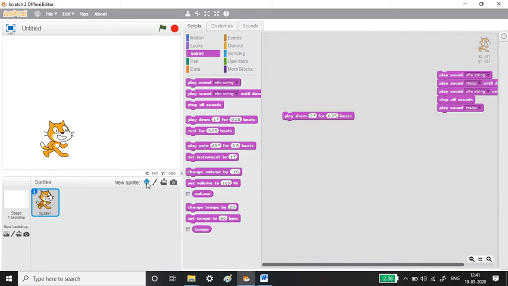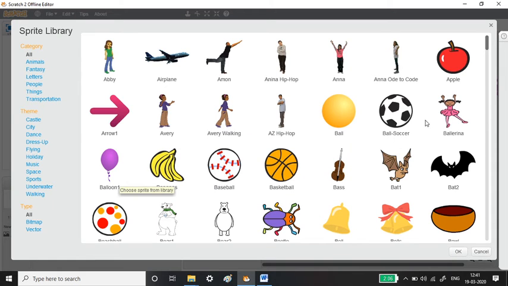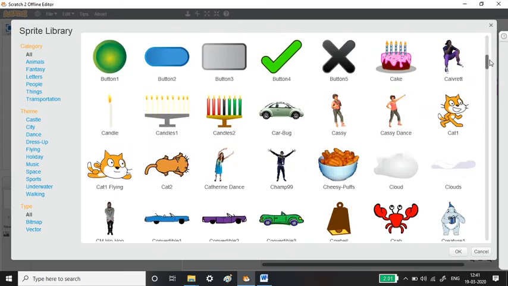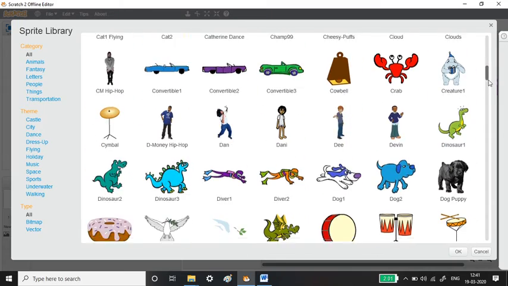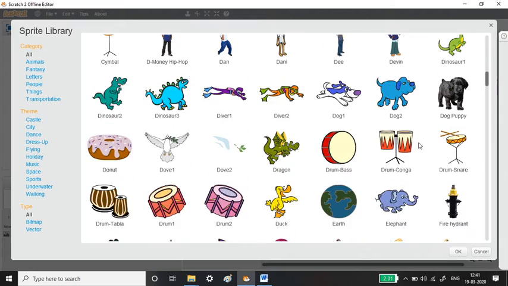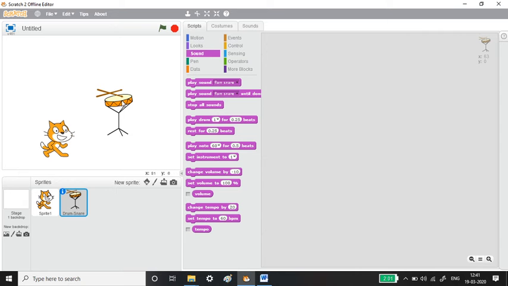Let me show you one example. Going to the sprite library, here is the drum. We can take drum conga or drum bass, or drum snare. Now we have taken drum snare.